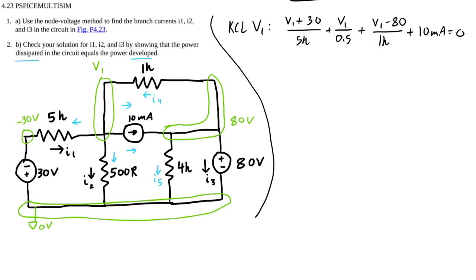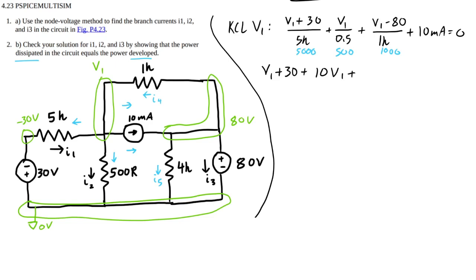So we have one equation, one unknown. Just going to do some algebra to find it. Multiply everything by 5,000. So I get V1 plus 30. Then we can actually just multiply everything by 5 because this is half a K. If this was 5,000, this would be 500, 1,000, then we multiply by 5,000. But since we did the K's, we can just multiply by 5. So 5 divided by 1/2 is 10 V1